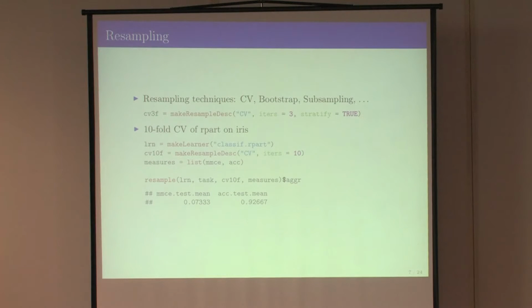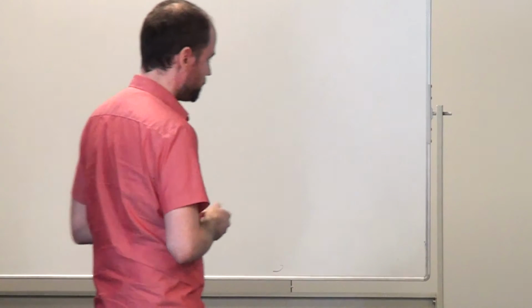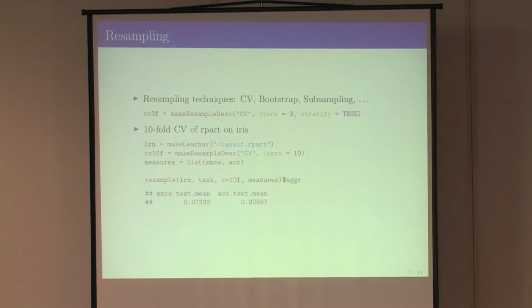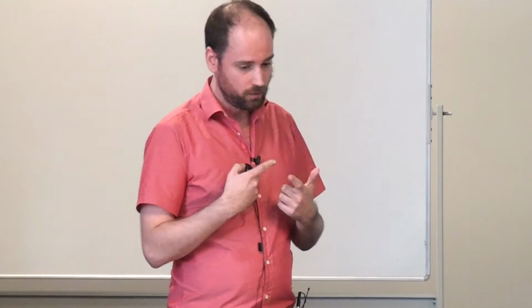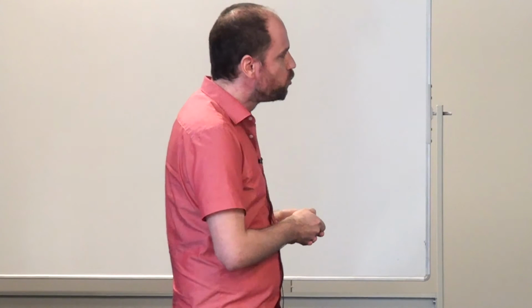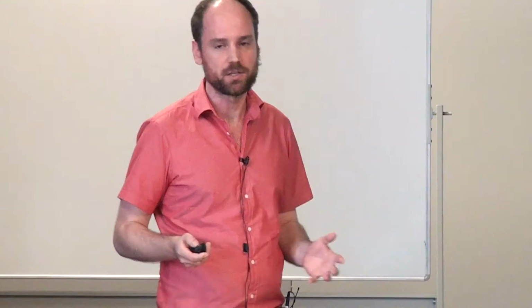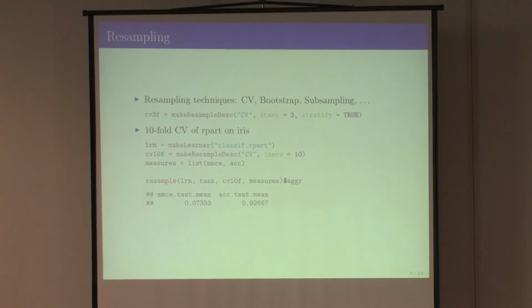We create some measures. So we measure the mean misclassification error and, stupidly, also the accuracy. I mean, that's just 1 minus the error in this case. And you call resample. Put in the learning algorithm, the task, the resampling description, and the measures, and you get back all the predictions, all of the measurements on just the test sets. You could also evaluate on the training sets, and in the end, you're usually mainly interested in the aggregated result over the whole cross-validation, right? But if you want to have the detailed information, you get that out of here. So there's one S3 object that contains all of this stuff.